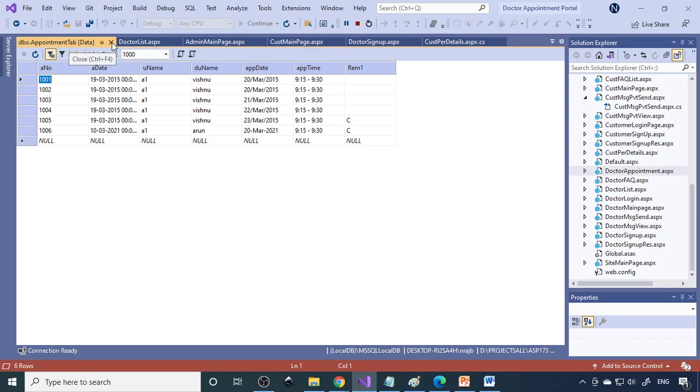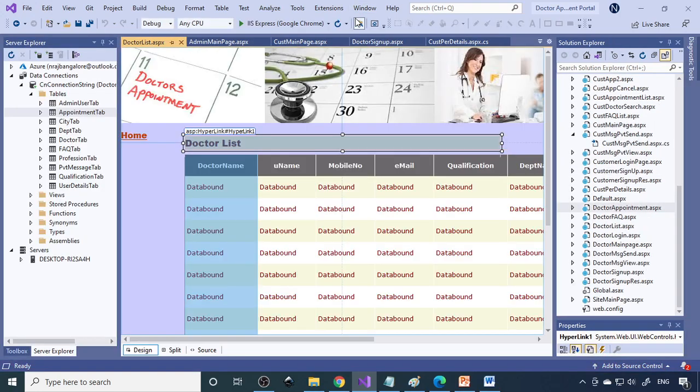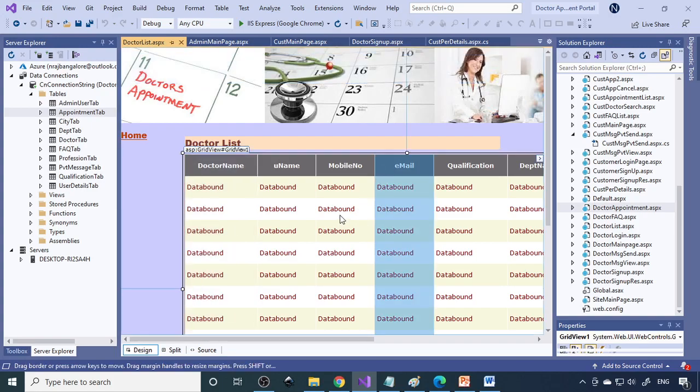And if it's cancelled, you're not supposed to display that. Or else you can also use one more column called the remark column, where you can show whether it is cancelled. So if you say C for cancelled, that we can also do. There are many ways we can do it. The only thing is how we should know how to do that. Okay, that's very important. So I hope you understand this concept. If you have any doubts, let me know what the doubts are, and we will try to help you in the next video. Thank you very much.